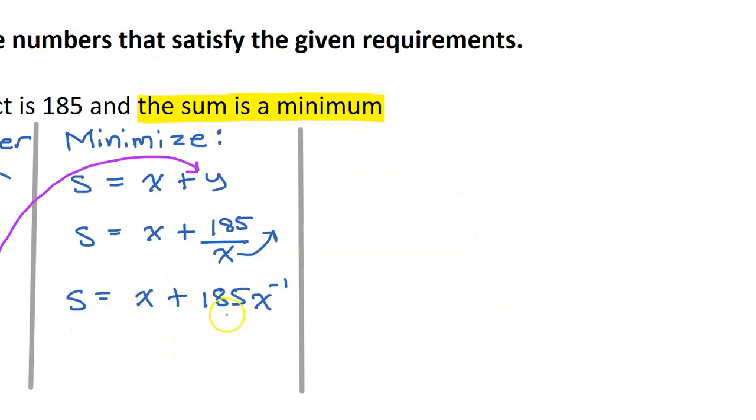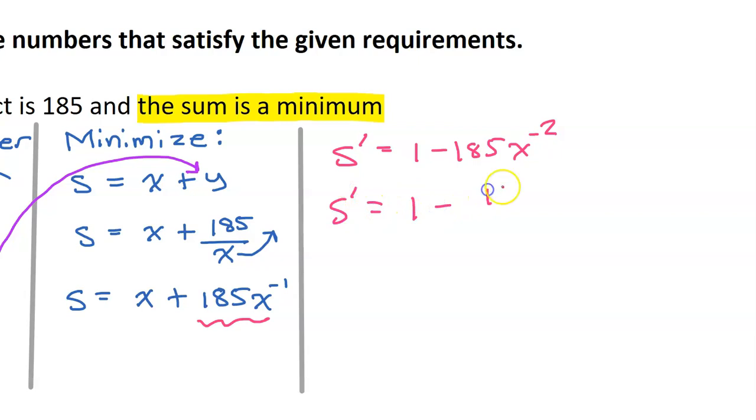We know that the minimum of a function will occur when the derivative is equal to 0. So let's find the derivative of the sum. The derivative of x is 1, and for this part I'm going to use the power rule. So this negative 1 times 185 is negative 185. Reduce this power by 1, so I have negative 2 power. This is the derivative. This would be the same as s prime is equal to 1 minus 185 over x